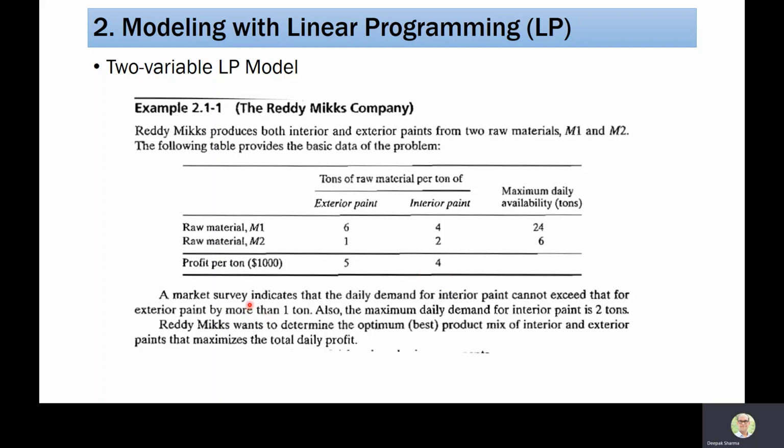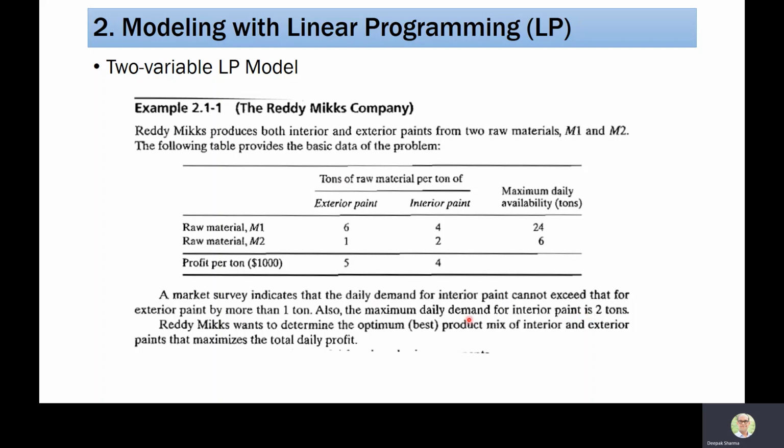A market survey indicates that the daily demand for interior paint cannot exceed that for exterior paint by more than 1 ton. So the difference between interior minus exterior should not go more than 1. Also, the maximum daily demand for interior paint is 2 tons. So for interior paint, we can have either 2 tons because it is the maximum, or a little less